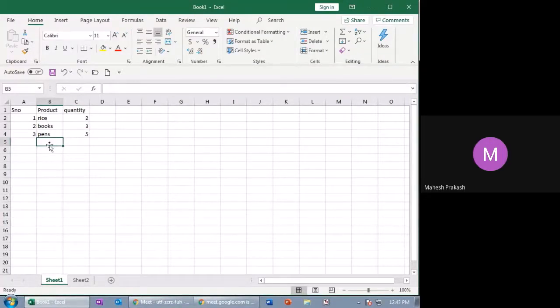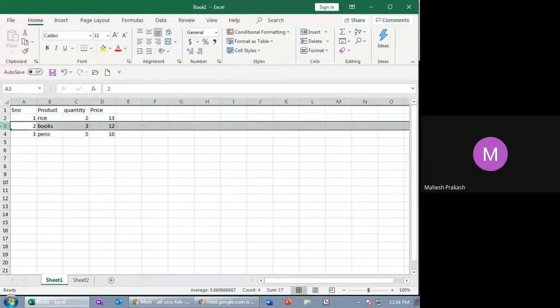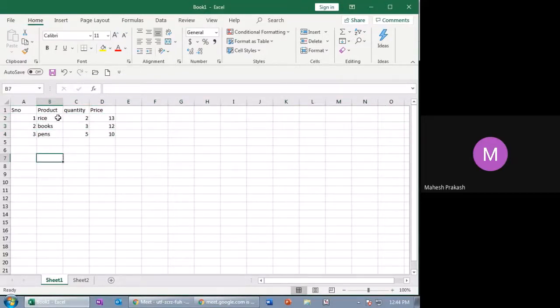In this way, if you are having a table, now I'll put the price as well. Meanwhile, this is the small table. So now you see, this is serial, this is the column. The columns we have are serial number, product, quantity, and price. And these are all rows. One first row, this second, third. So imagine now this is a small table.